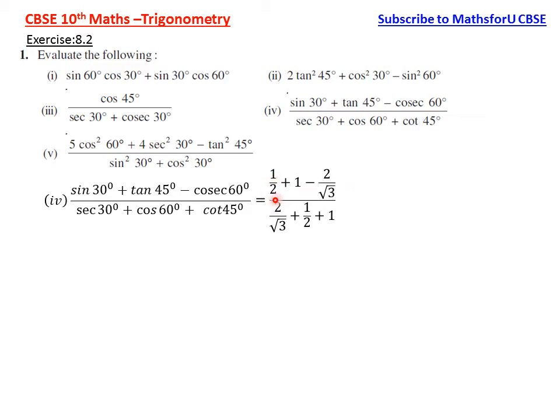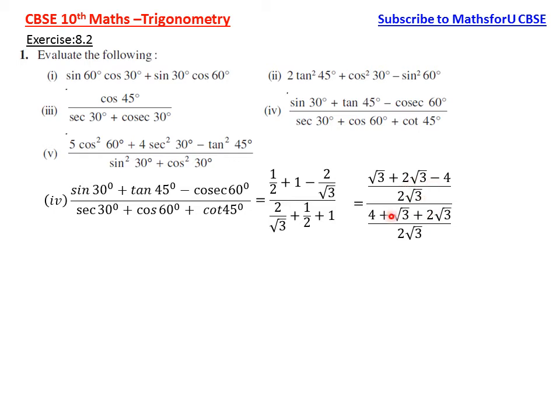So here we don't have root 3, so multiply with root 3. Here we don't have anything, so we have to multiply 1 with 2 root 3. Here we have root 3, so that we multiply with 2. The same way, take the denominator also, LCM as 2 root 3. So root 3 plus 2 root 3 minus 4 divided by 2 root 3. In the denominator, 4 plus root 3 plus 2 root 3 by 2 root 3. Here root 3 plus 2 root 3 will be 3 root 3.